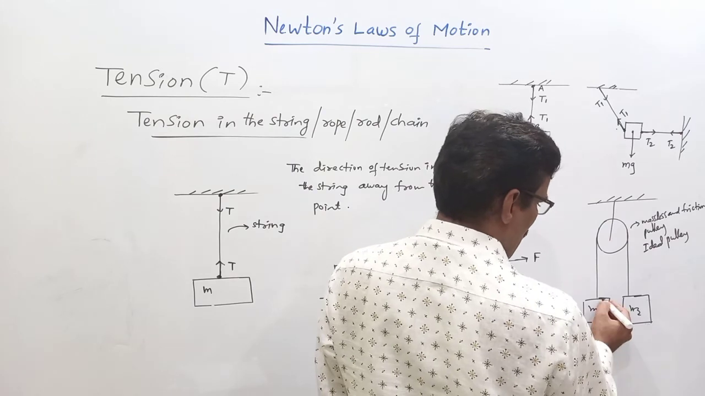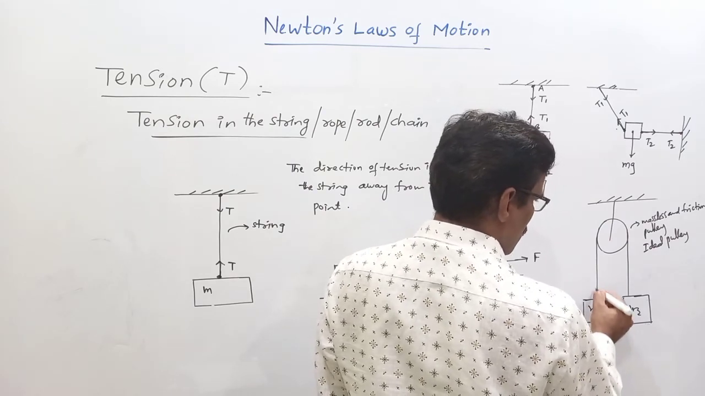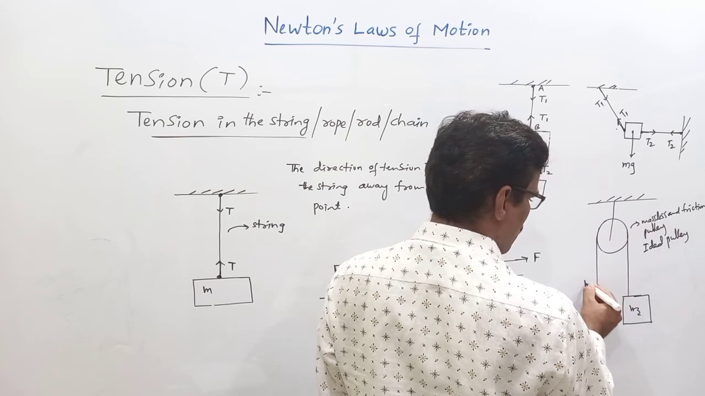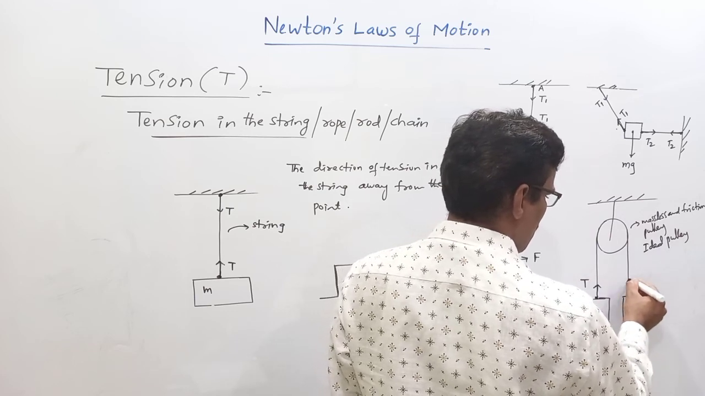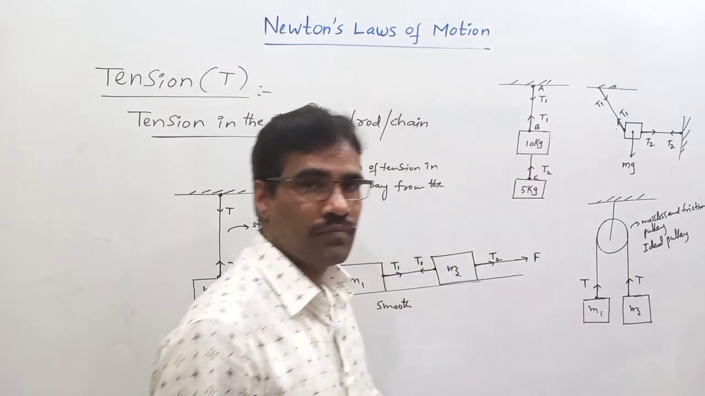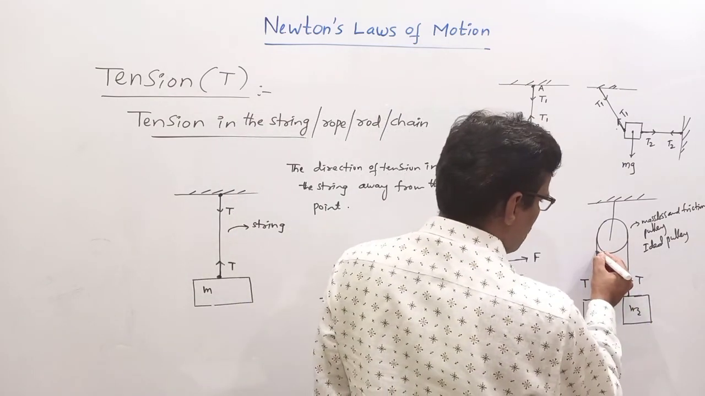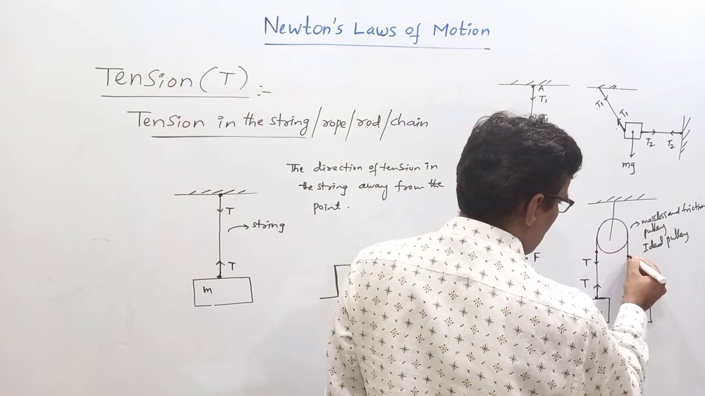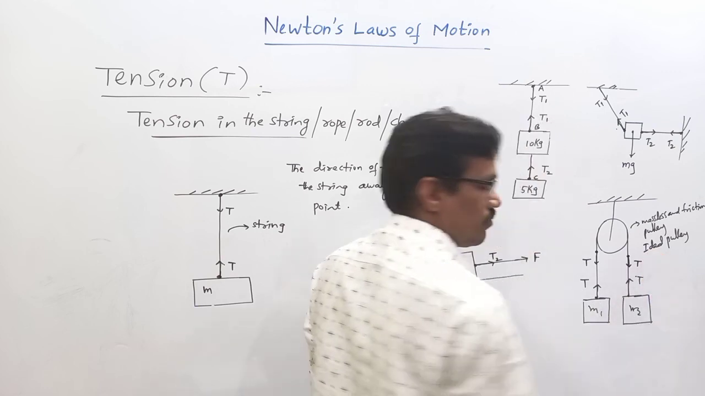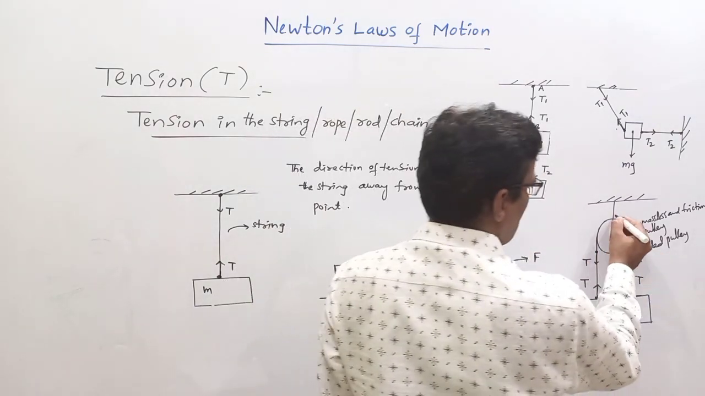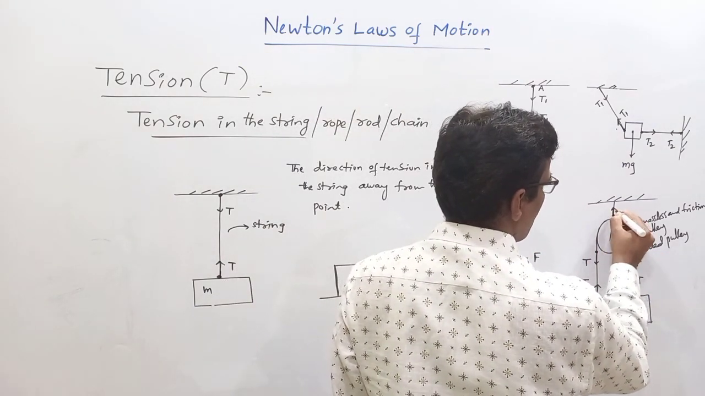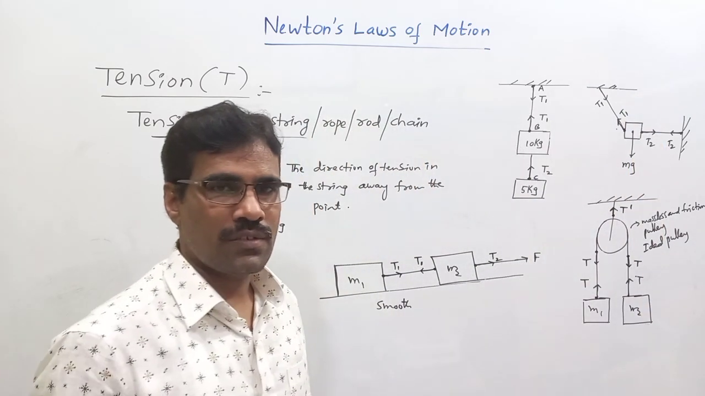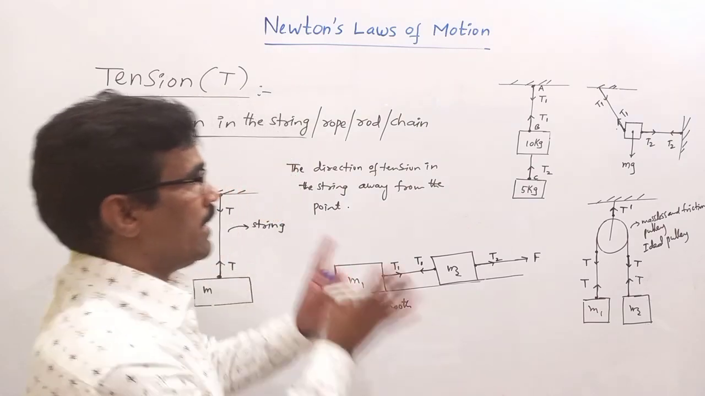It is a smooth pulley. I want the tension here. From here to here is the same string, so the tension here is T, and at this point also T only. What about the tension here? Away from this one, this side. Here also, this side. I want the tension here: away from it, that side, T dash. So this is the direction of the